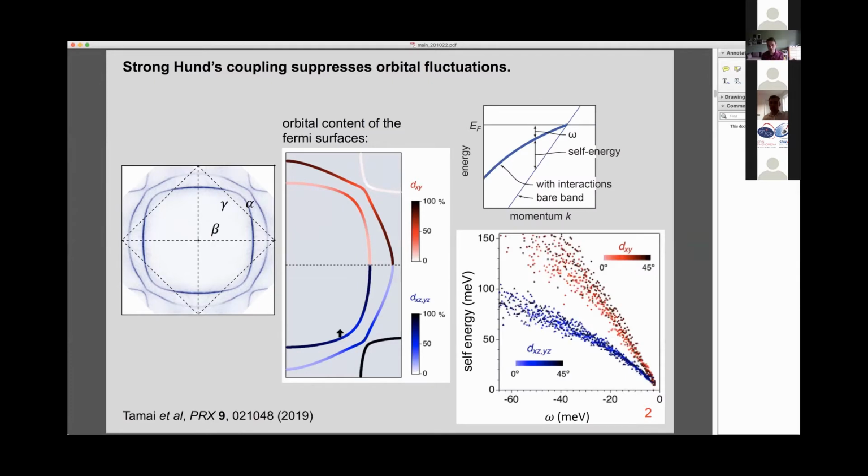When the self-energy is resolved by orbital character, it is found to fall on 2 distinct lines. This blue line for the XZ and the YZ orbitals, and this red line for the XY orbital. The different shadings within these lines correspond to different points on the Fermi surface. So the point of this graph is that wherever you are on the Fermi surface, the self-energy is determined by the orbital content. So in other words, electronic correlations appear to be very strongly a property of the orbital and not the Fermi surface and the position in K-space.